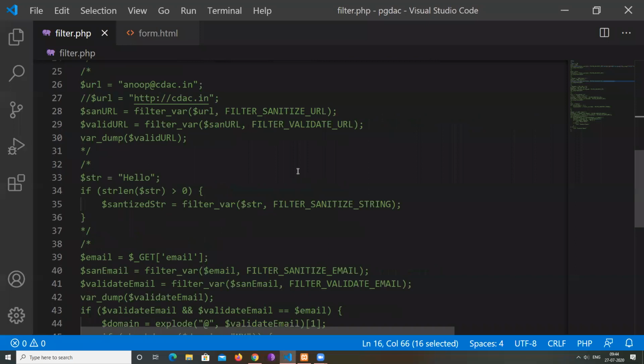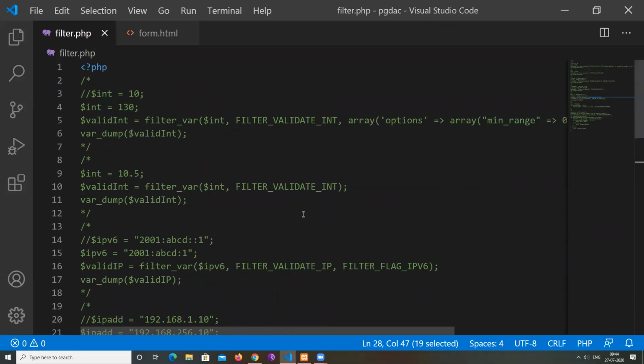And the important part is that we should always first sanitize it so that any special character is removed, and then we should validate the entity. So that was filter. We'll see a few more, but